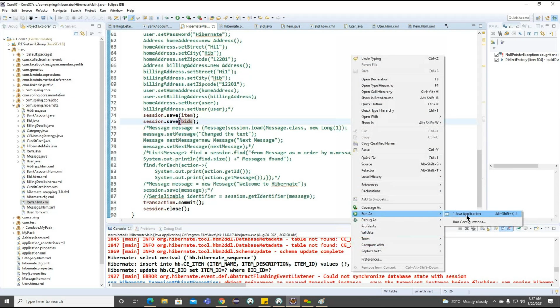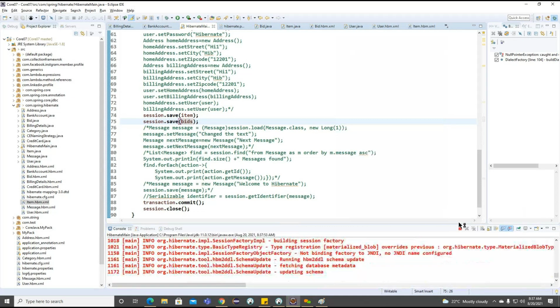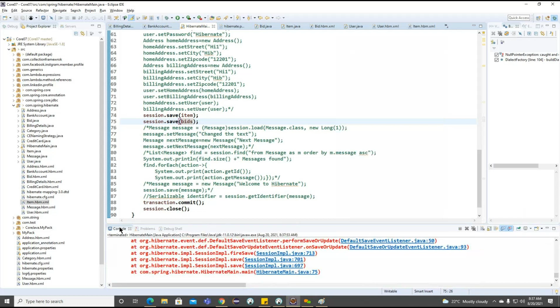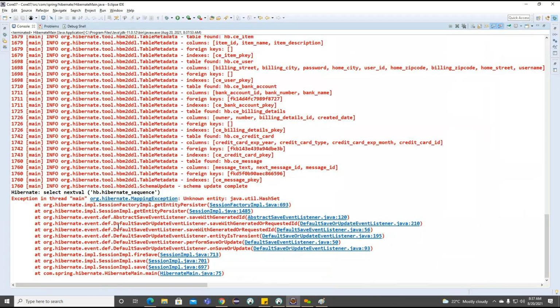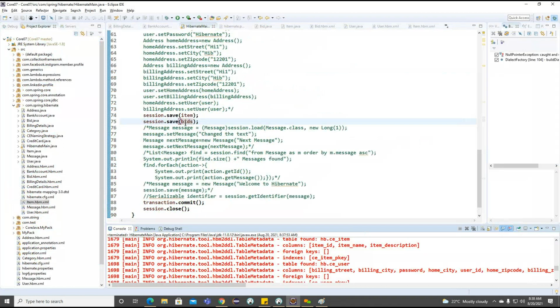Okay. Now you can see here I'm trying to save both sides here. Still we are getting an exception. Oh, a mapping exception we are getting here.